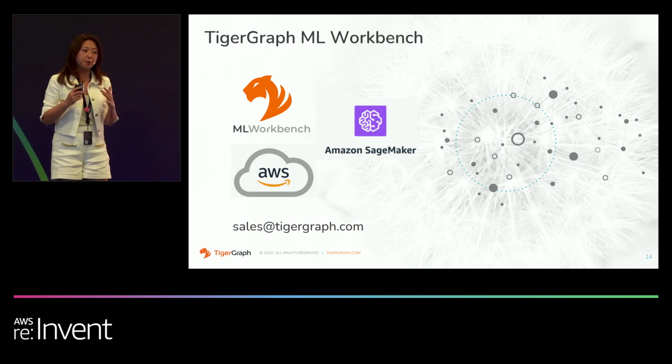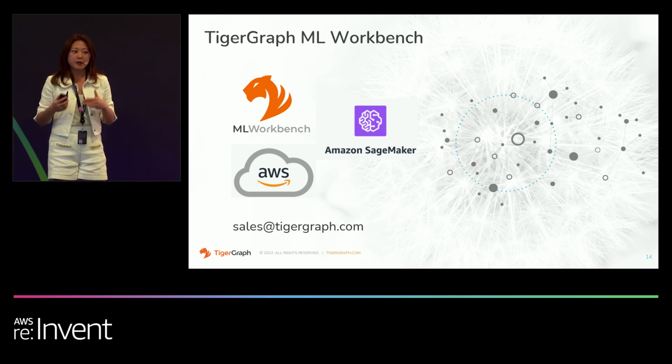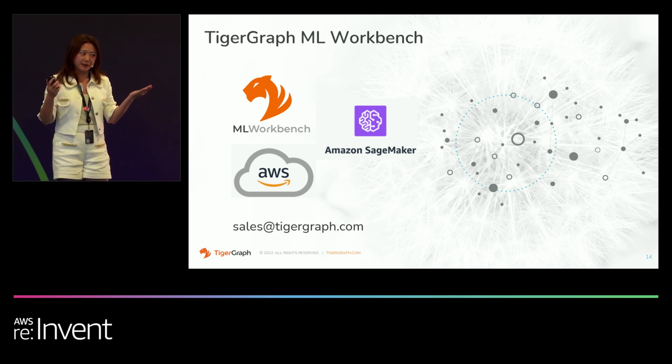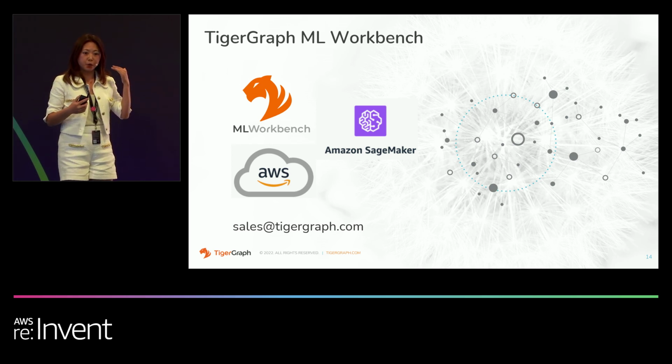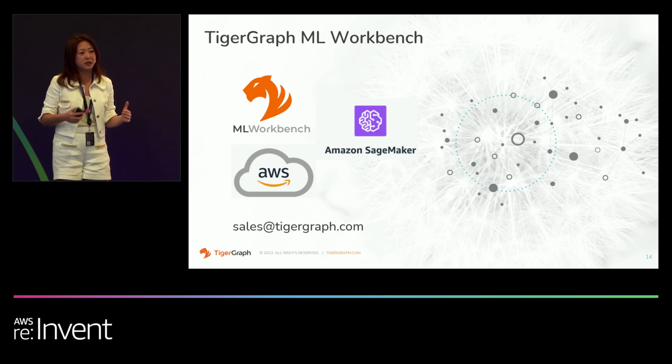And then we also built a plugin with Amazon SageMaker. So you're now getting, like I mentioned earlier, the best of both worlds. You can use Amazon SageMaker as your machine learning platform and benefit from connected data from graph technology